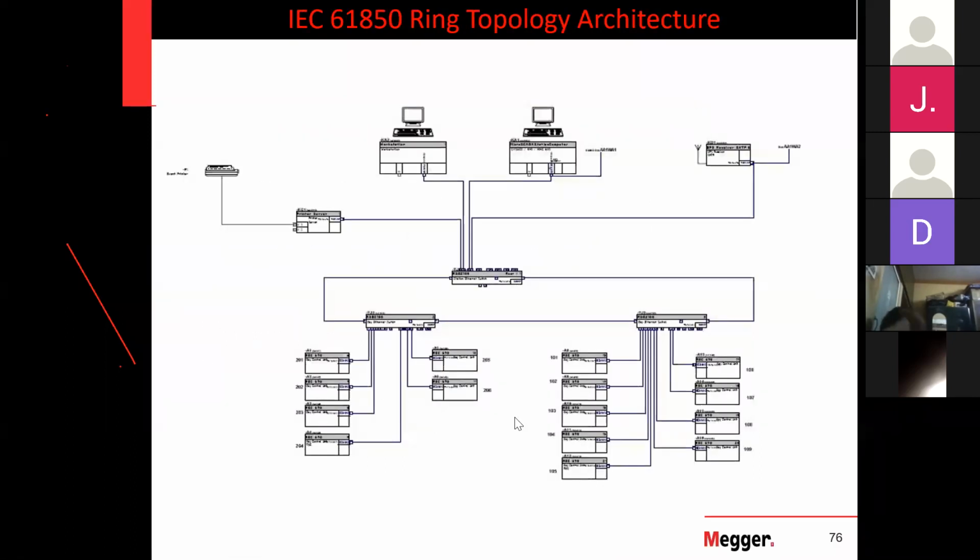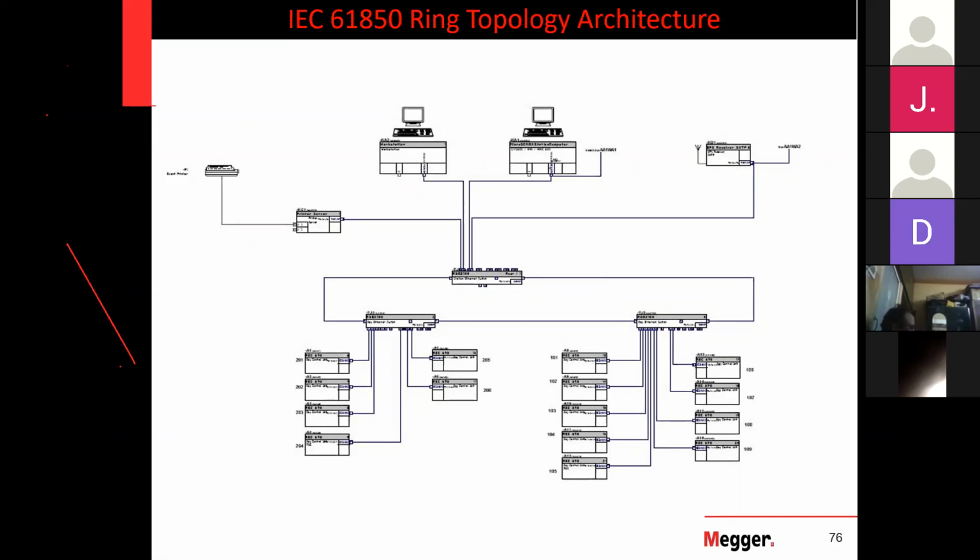Okay, let us understand a little bit further. Why this kind of ring? If this fails, this will communicate like this, this will communicate like this. If this side fails, both the switch will communicate like this. If this side fails, both will communicate like this. So it's called as a fault tolerant ring. So anywhere the fault is, it will still communicate.